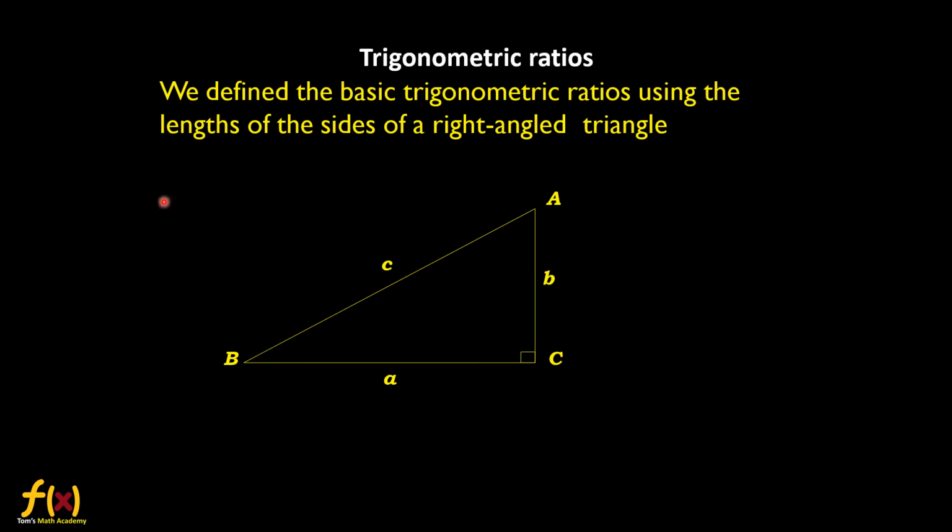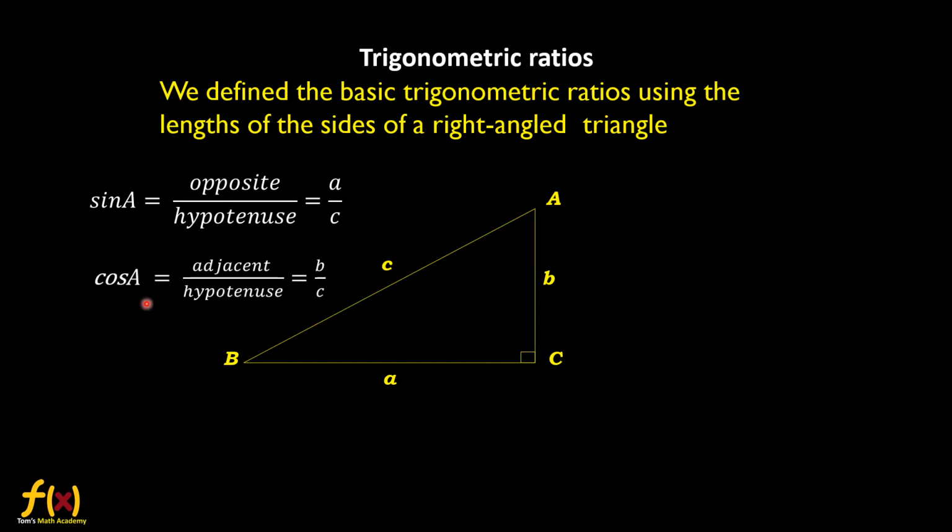Now let us look at the definitions, okay, in connection with the right angled triangle, the basic definitions. There is no question why it is like that. Okay, sine of angle A, we talk about angle A. Opposite side of what? Opposite side of angle A. So you go there, look at the opposite side of angle A. So we get a over hypotenuse, that is the definition. What is the hypotenuse? c. So we write c there.